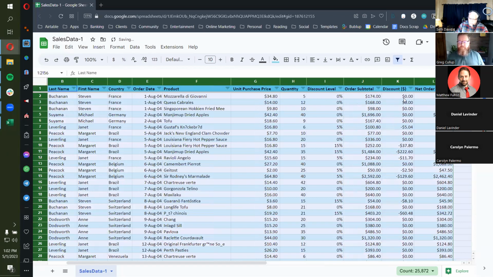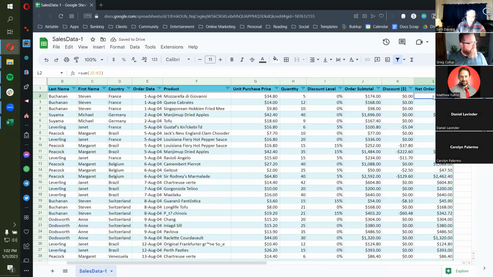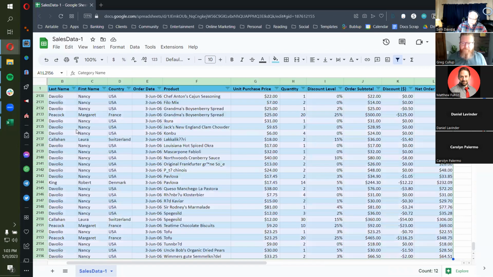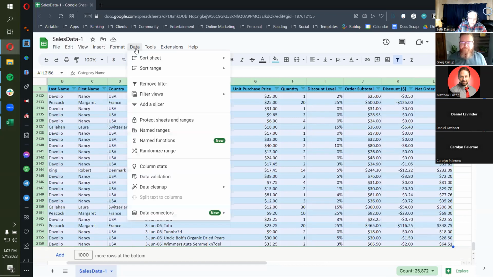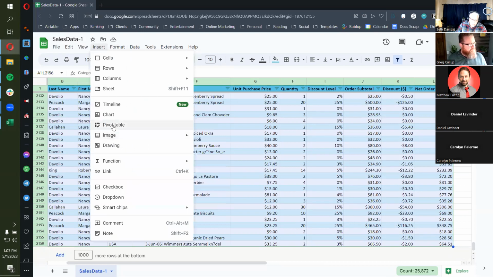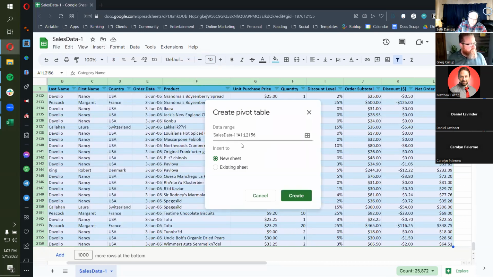Now to do the pivot table, unlike Excel, there's no table menu. There's no option like that. I'm just going to insert a pivot table. What I like to do for something like this is select the whole data range. It will be smart enough to figure it out on its own, but this is a sure thing. So it's actually data. All right, and then pivot table, where'd you go? Where is it? Insert. It is insert. I always get confused about that. It's going to confirm the range, confirm that I want it in a new sheet, create.